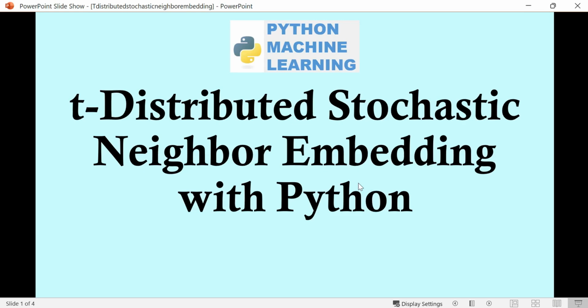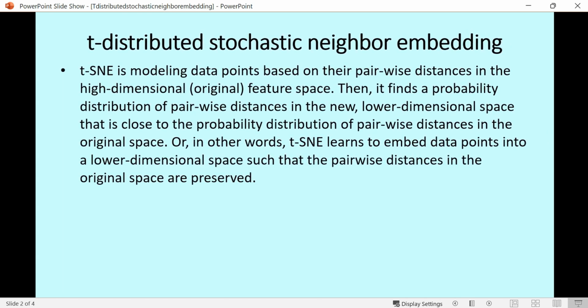Hello, in this video we will talk about t-distributed stochastic neighbor embedding with Python. T-distributed stochastic neighbor embedding, or t-SNE, is a type of data transformation technique, which is usually used to transform data from higher dimensions to a lower dimension. And usually the lower dimension is 2, so it is possible to show higher dimensional data on a scatter plot